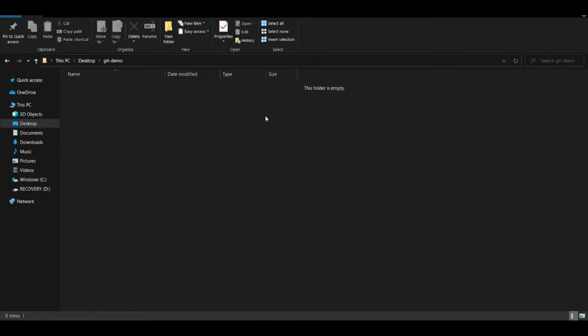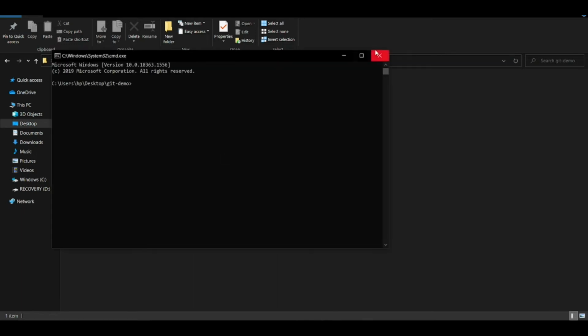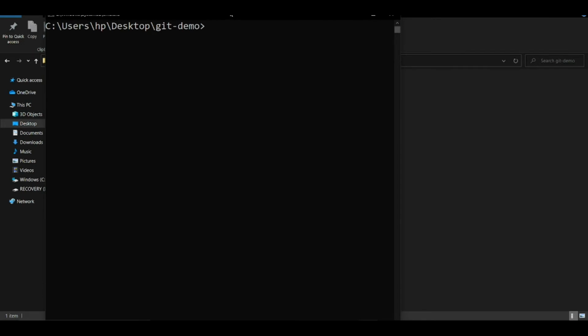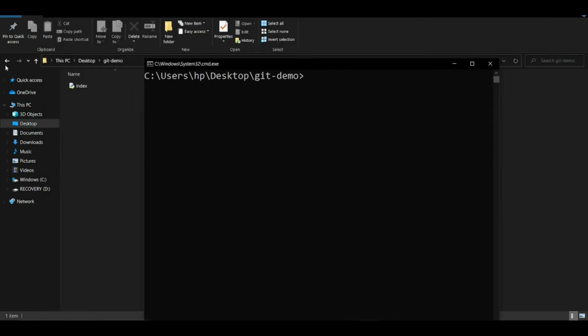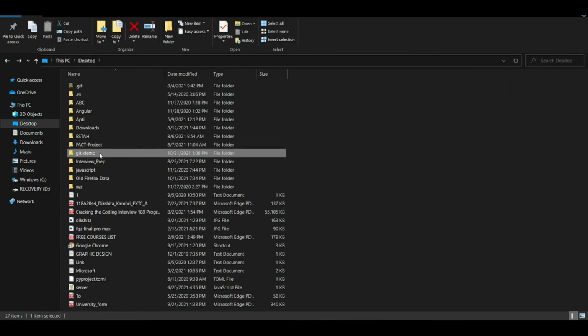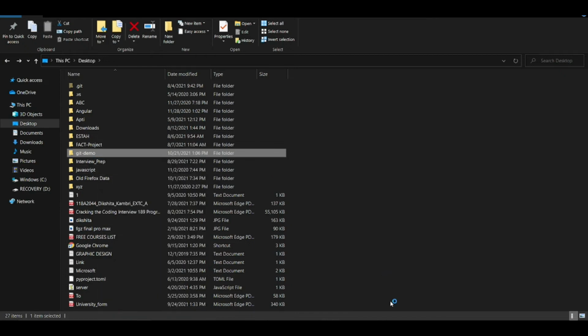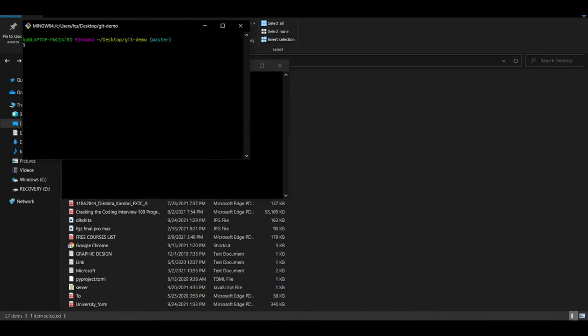Next, move on to that folder, open it and type command prompt. Or you can right click on that folder and open Git Bash here. The Git Bash works the same as the command prompt.